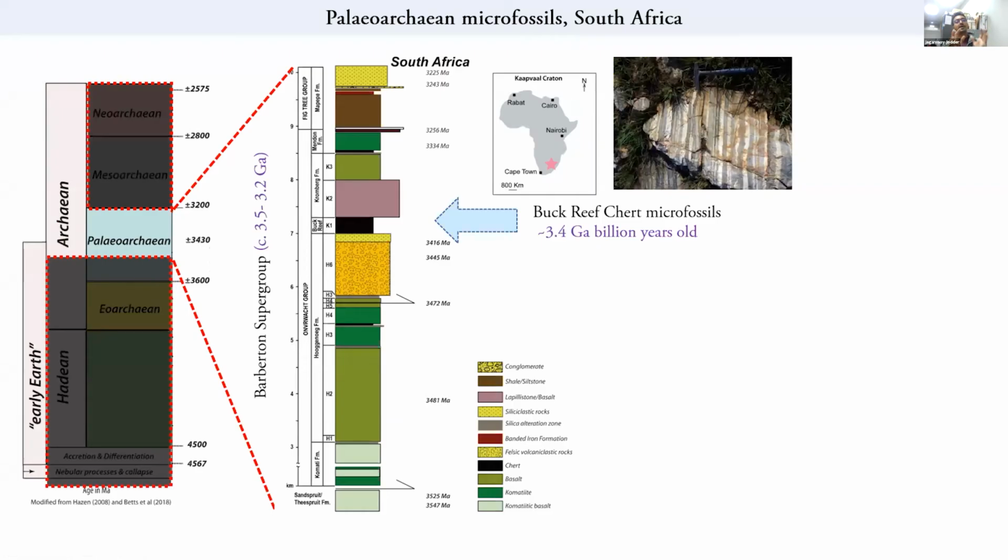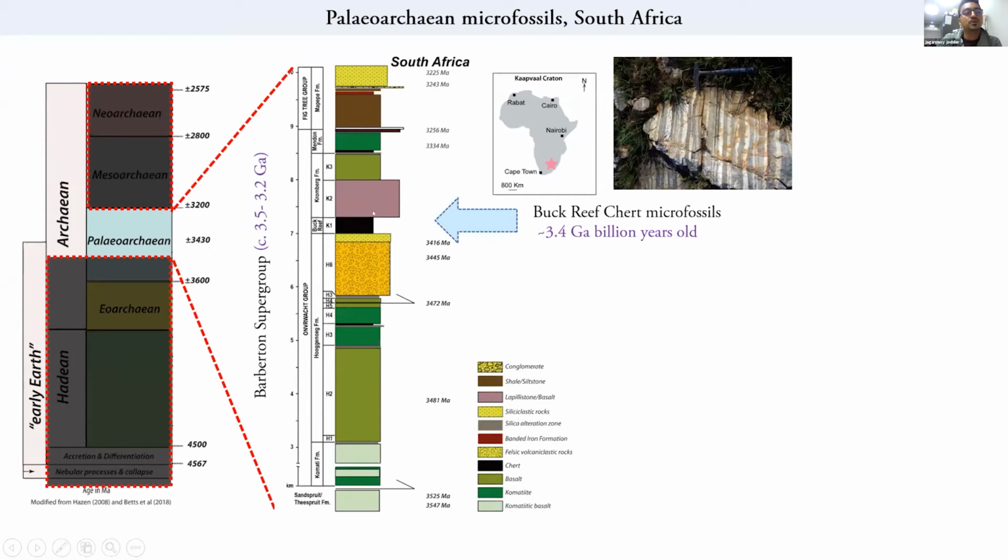Now, moving from more megascopic to more microscopic scale, what we preserve in the Archean is very unique. And why I say unique is because of the fact that the different association of rock are very different, and will also be discussed throughout this talk. So this is one sequence from the South African Kapval Craton, which is most famously known as the Barberton supergroup, close to 3.5 to 2.2 billion years. And these are the oldest rocks, as I've shown you the layered cake stratigraphy.